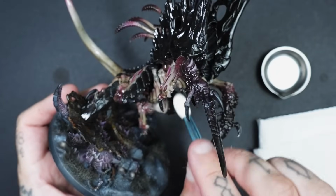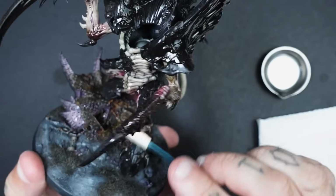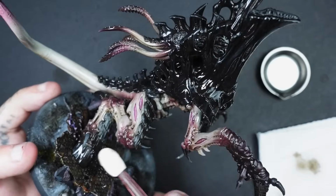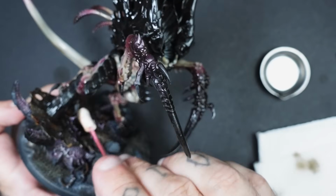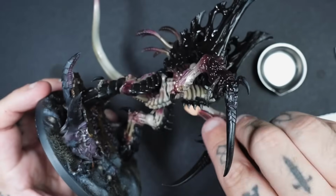Now before that's dry, and a lot of people say do let it dry, it depends on how strong you want this to be, but what I do whilst it's drying is I go straight into the removal process. Now I've got these makeup sponges. You get packs of them off Amazon for a few pounds, they come in packs of like 50 or 100. Just a clean bowl of mineral spirits, and I'm just working my way around,